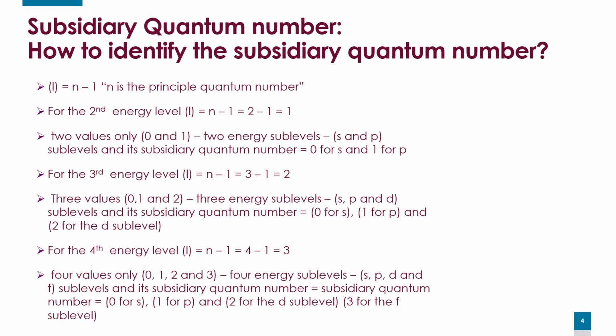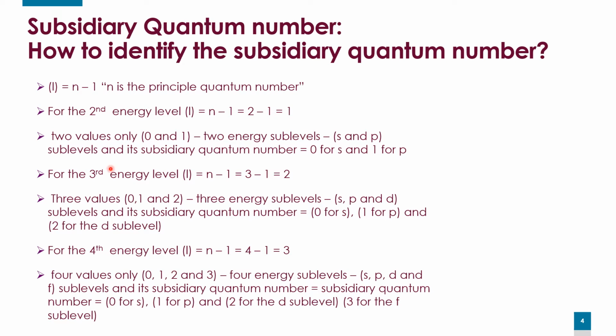Let's see another example. Let's talk about how many sublevels are in the second energy level. Again, we apply the rule L equals n minus 1. n, the second energy level, so n equals 2, minus 1 equals 1. This is not a single value, actually it is two values, 0 and 1. If I have two values, 0 and 1, then I have two sublevels in the second energy level, S and P. As we said in the previous slide, S carries L equals 0,